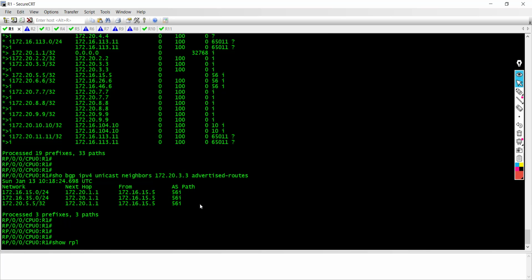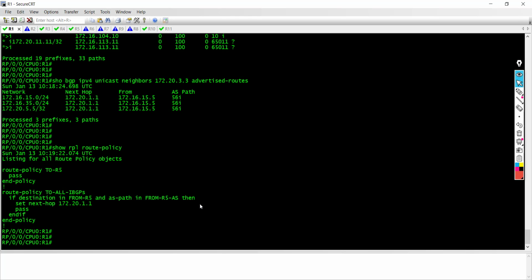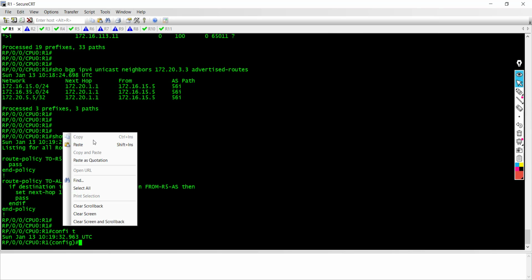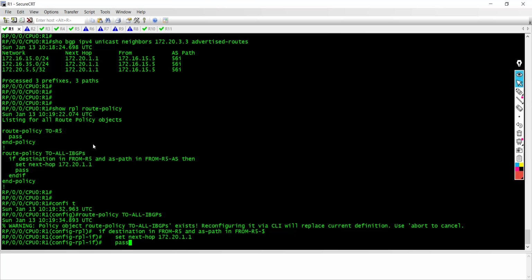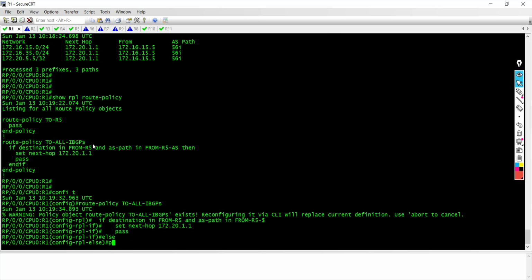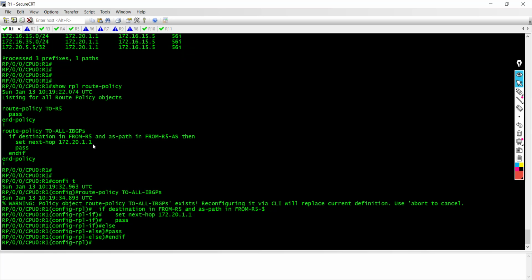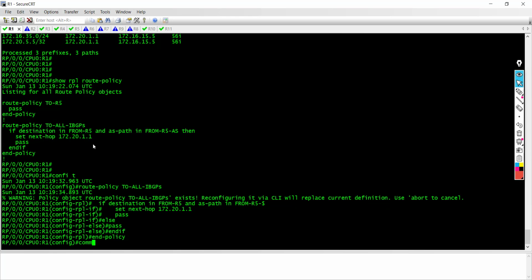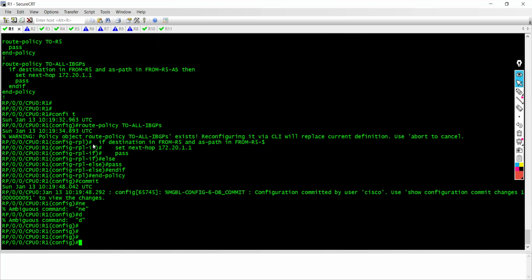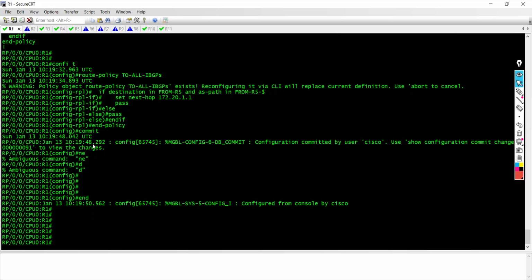So I'm going to say show RPL route policy. This is the route policy. So we need to add the else keyword here and say when you learn prefixes from, I'm just going to copy this. So these prefixes, okay, fine, set the next hop to this, else we want you to pass every other route. So I'm going to say end if, and end policy, and I'm going to hit commit. So with this now, I believe router 1 should be